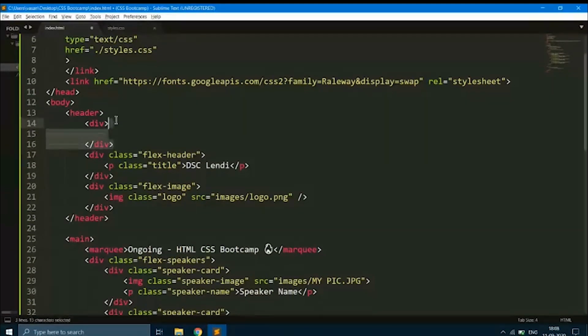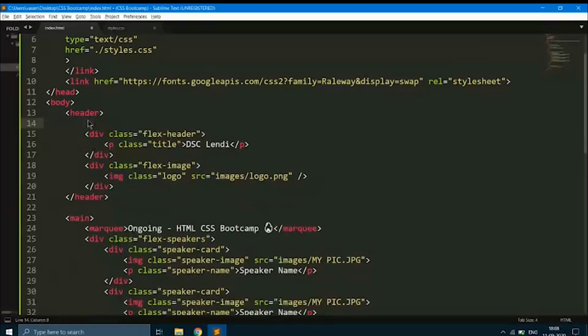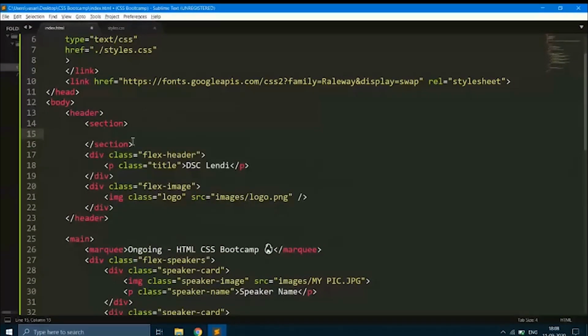In the same way, there is another tag similar to div, which is the section. Suppose you are developing a website and you are having 5 sections, let's say introduction section, marketing section. You can modularize your HTML file with the help of div tags or section tags. Both section and div tags work in the same way.